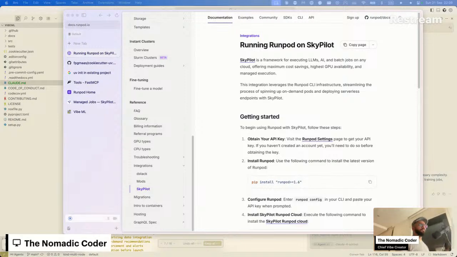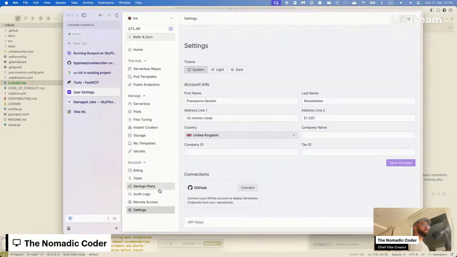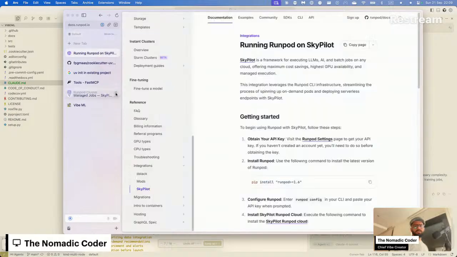Okay, going to generate myself an API key. What should I call it? Vibe ML?